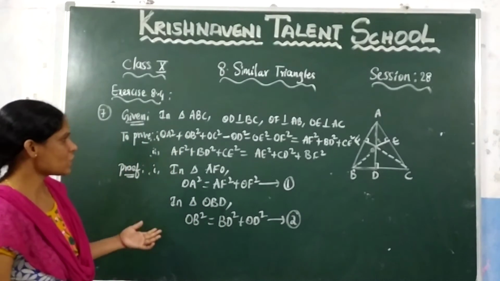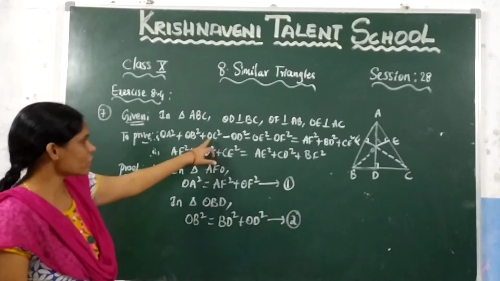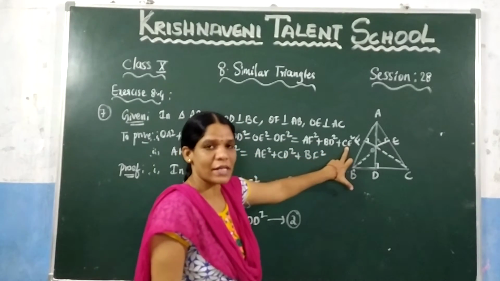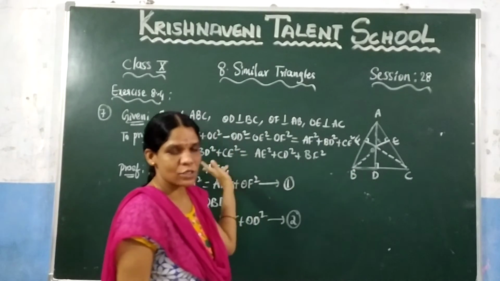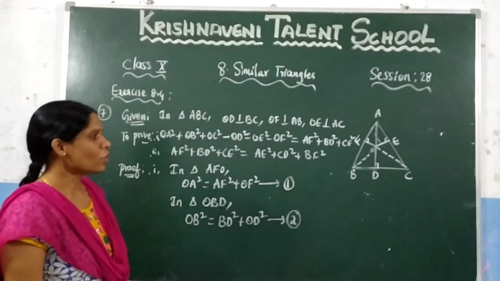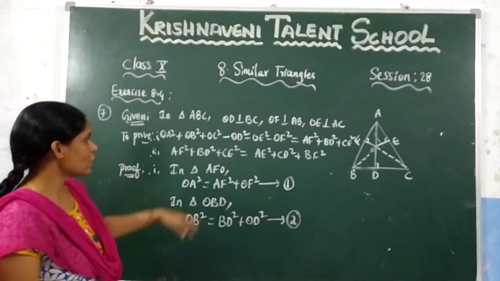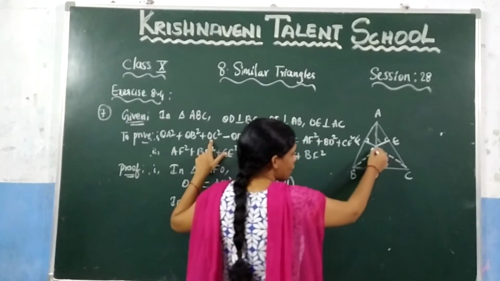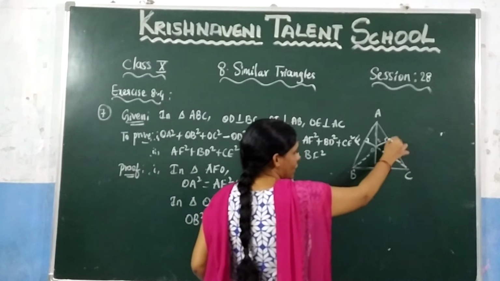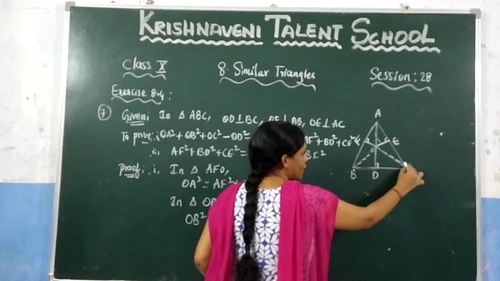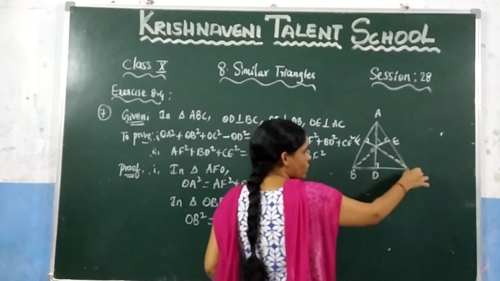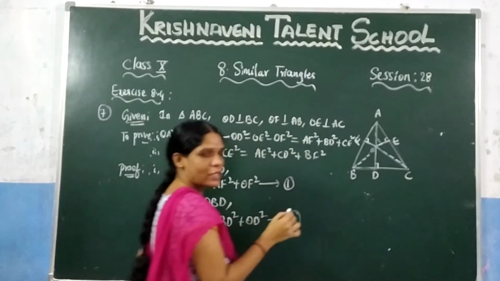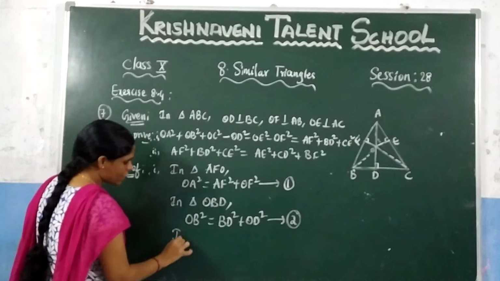Again, see the condition we need to prove. Here OC is there and here CE is there. So you need to choose one right angle triangle such that these two sides should exist. So what is the triangle? Let us see what should be there: OC and CE. So this is OC and this is CE. So you need to choose this triangle, right? So that you will get OC and CE. What is the triangle? Which is OCE. So write it here in triangle OCE.